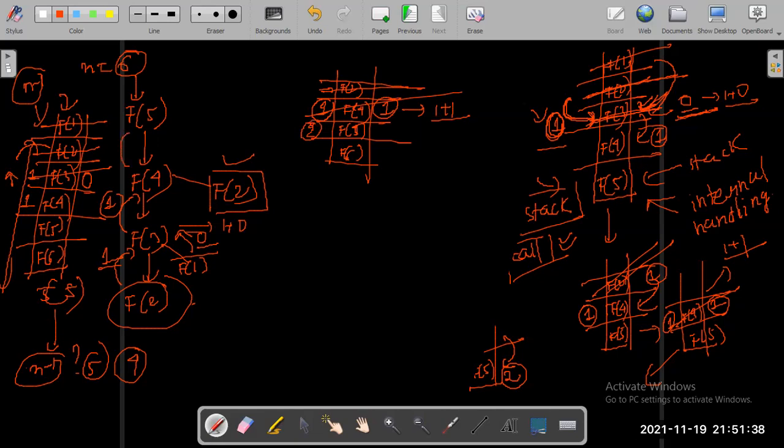Fine. It has also returned 2. Now f of 5 requires what? F of 5 requires what? F of 4, it has already calculated for itself. So after f of 4 has got popped out, we have only two functions left, f of 5 and f of 6. Now f of 5 requires another function to be called, that is f of what? F of 3, right? F of 3 now needs to be calculated for calculating f of 5.